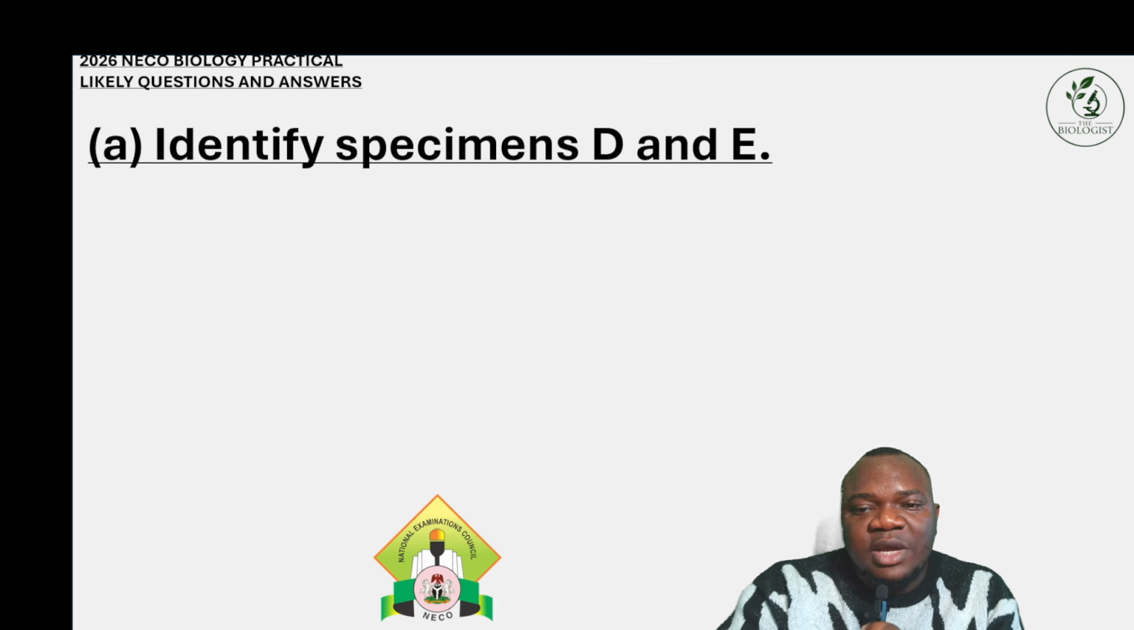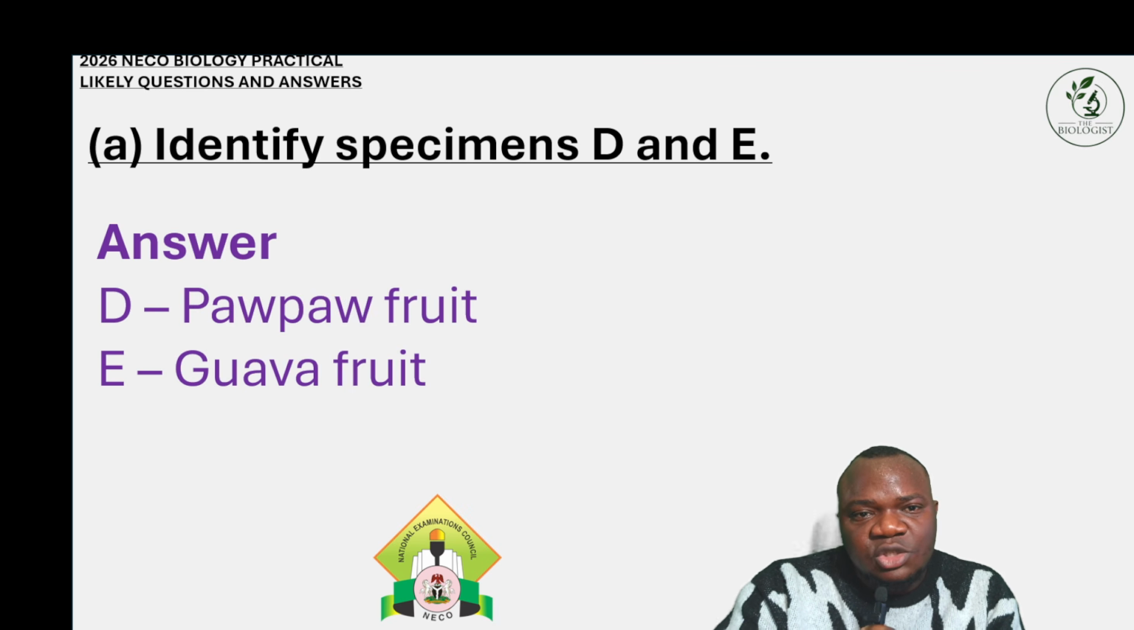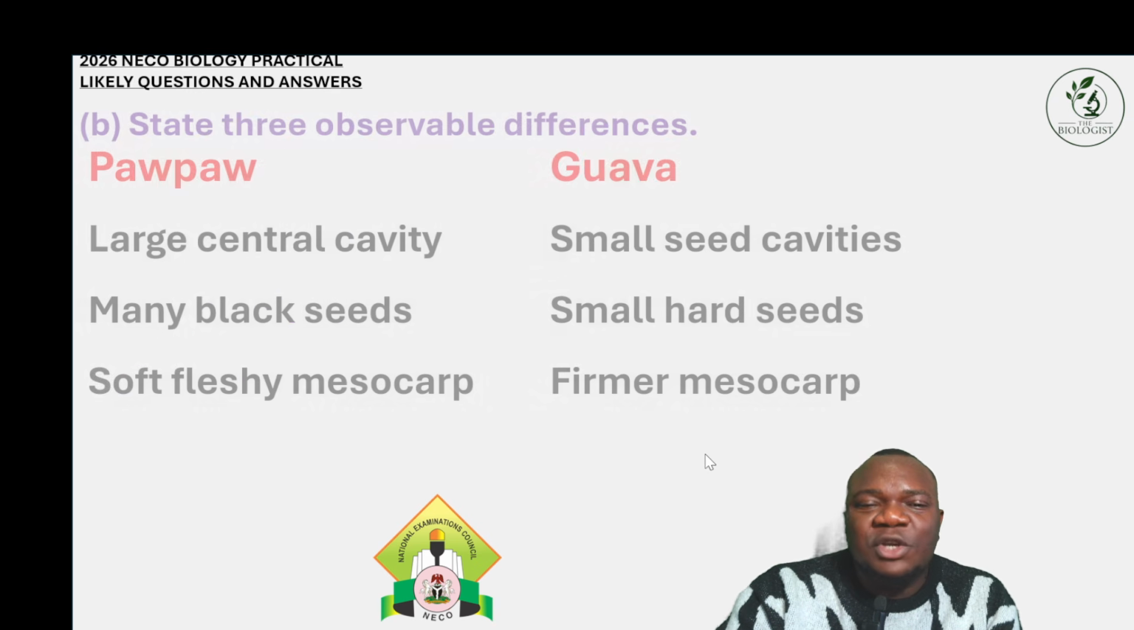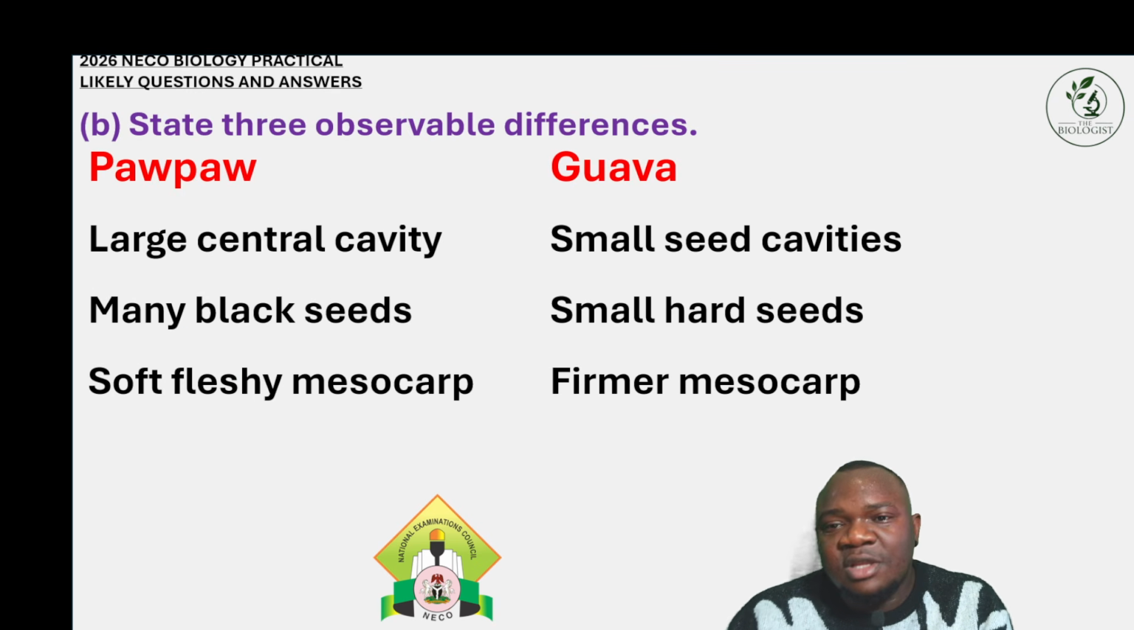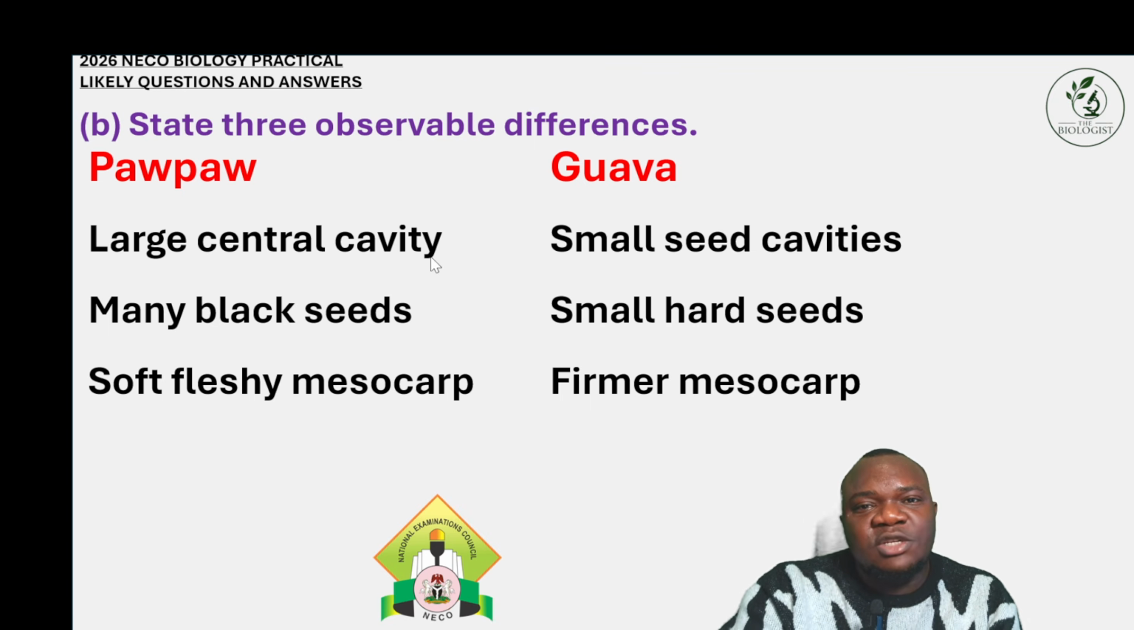Okay. So for the next one, you have to identify specimen D and E. All right. So it's very important. So for this one, D is pawpaw fruits and E is guava fruits. So these fruits are very common. We normally eat both of them in Africa. All right. So pawpaw, they have a large central cavity. Guava,